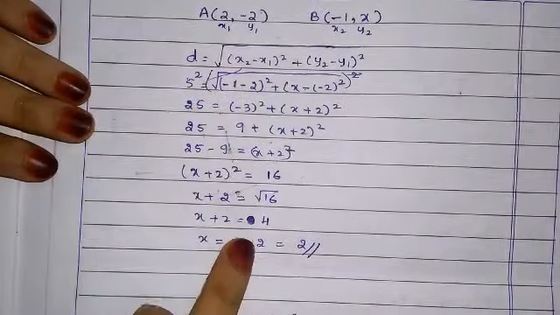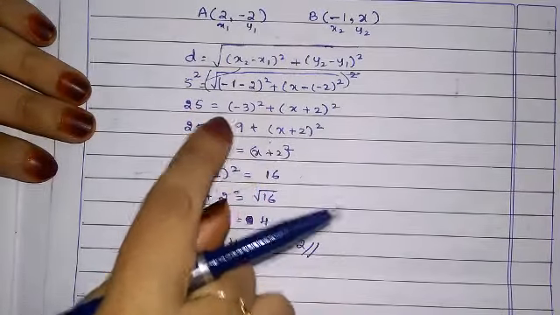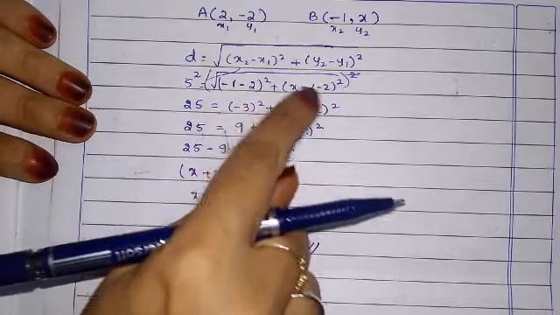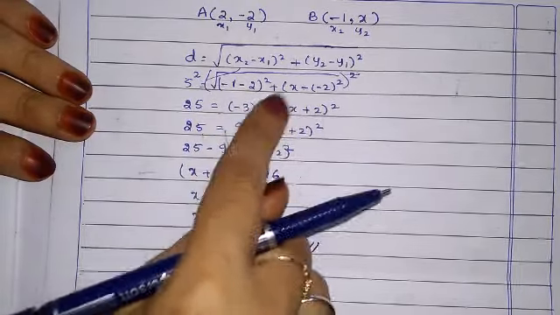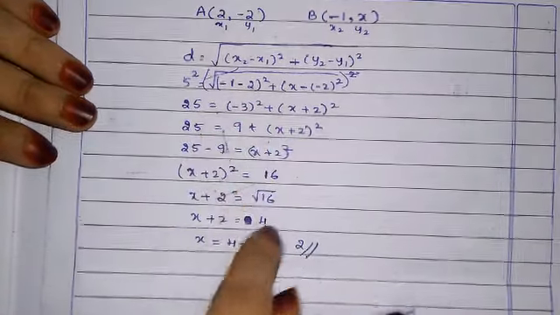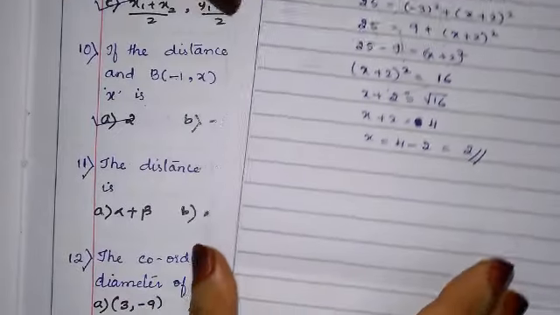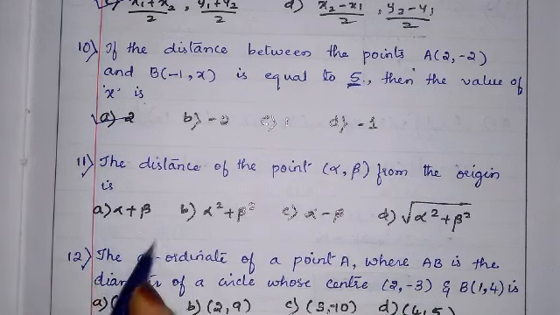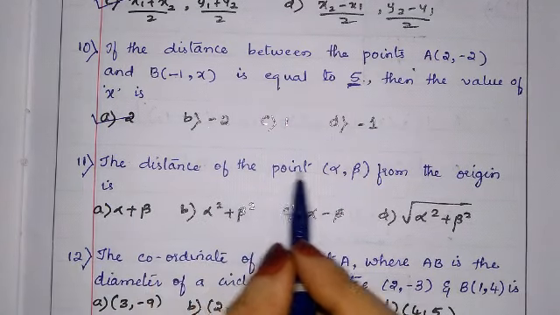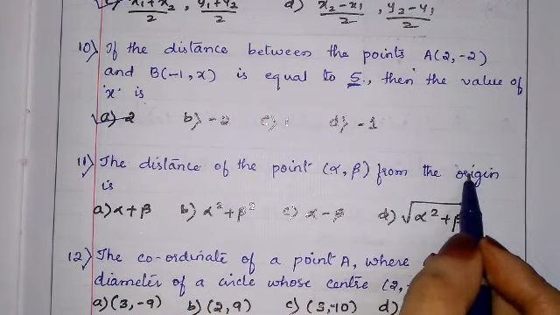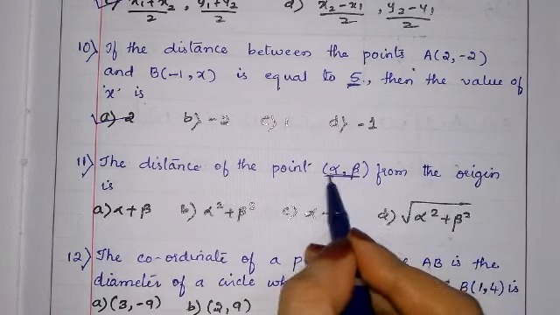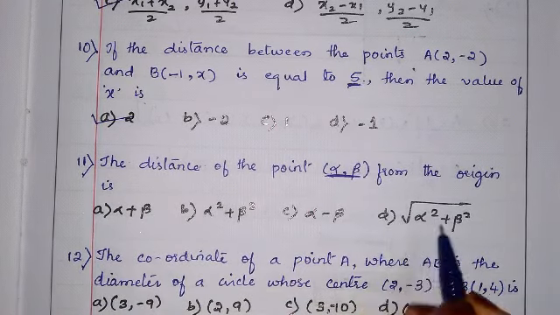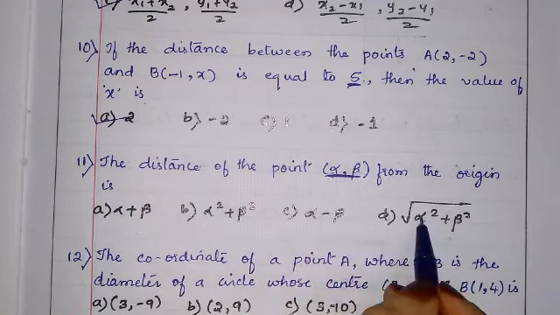See, the method is this only. Here, to be quick, you can leave some steps and go for a cut short way, and you can solve very quickly. So the next problem we'll see is the distance of the point alpha, beta from the origin. A point and origin, which formula? Root of whatever is there, that square.